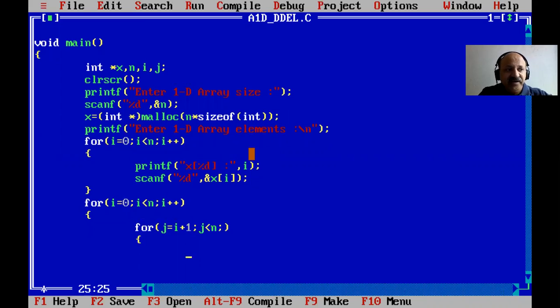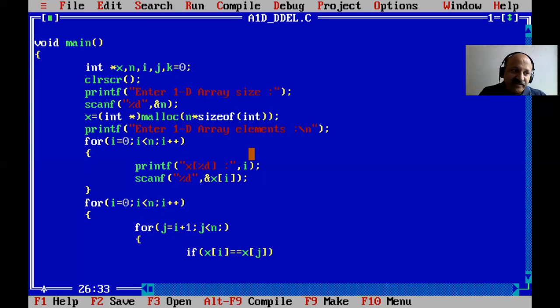So here we can take first an if condition: if x of i equal to x of j. So i is 0 and j is i plus 1, so 0 and 1 are compared with each other. And if that is a match, then we can take a next variable k. Here one extra is required and that is assigned to 0.